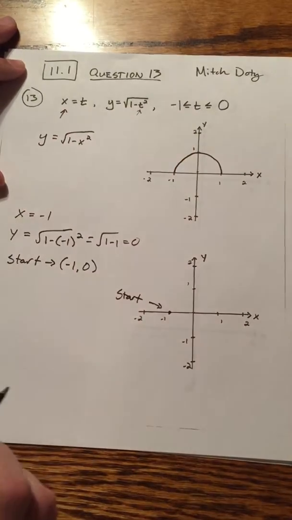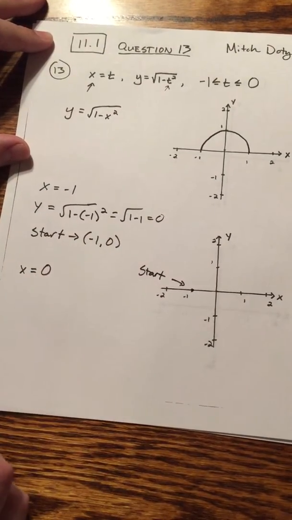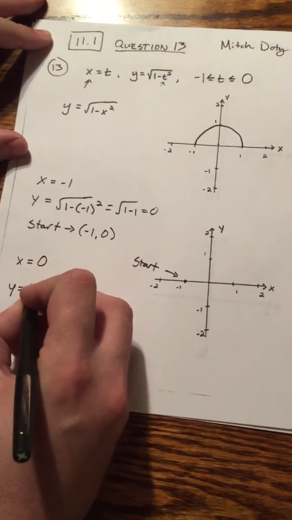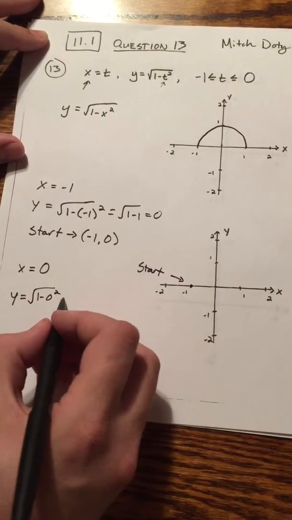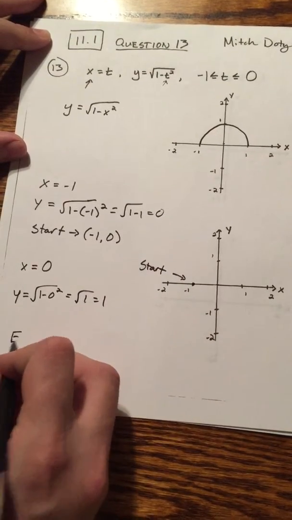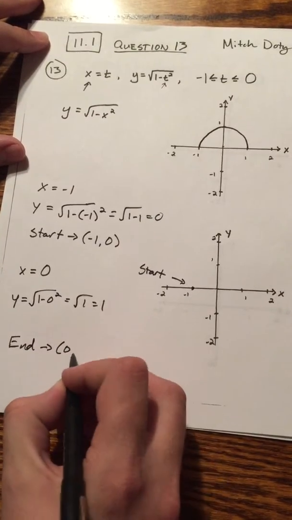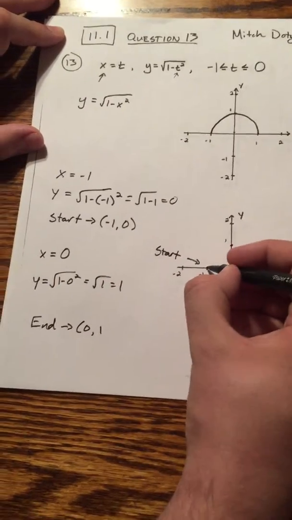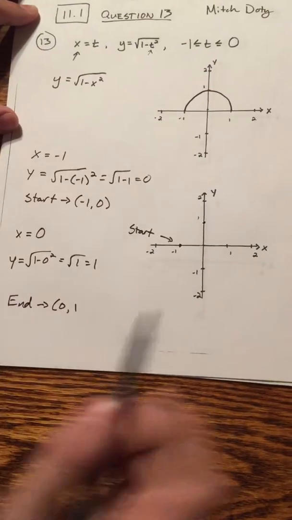And our end point is at t equals 0. Well, again, if t equals 0, x equals 0, and y equals the square root of 1 minus 0 squared, which equals the square root of 1, which equals 1. So our end point is at (0, 1), which is right here, which means the whole graph for this parametric equation with these parameters